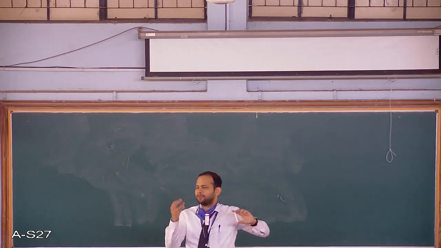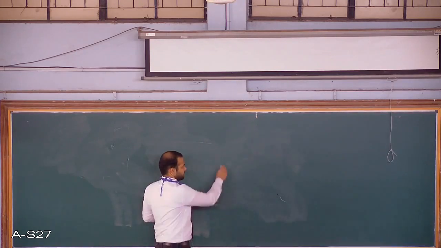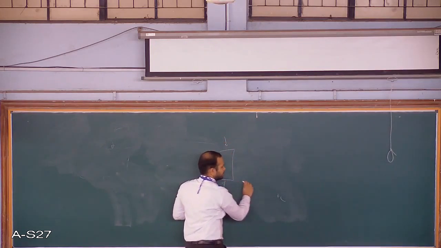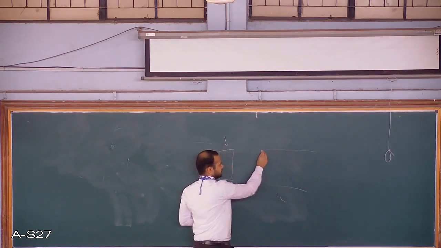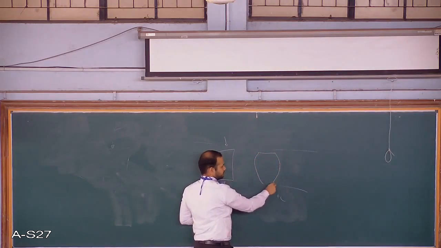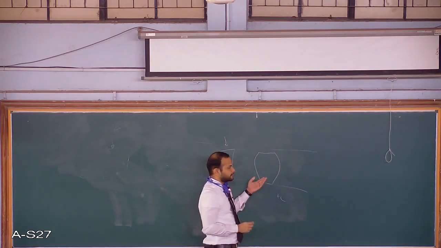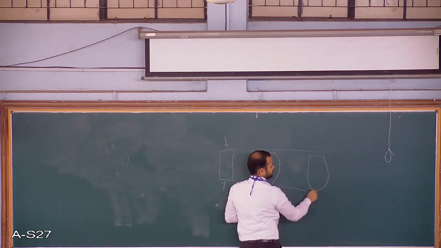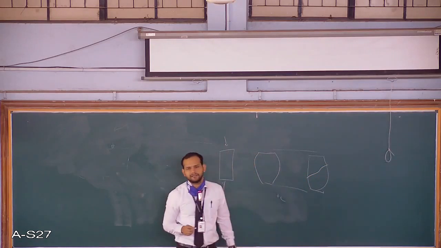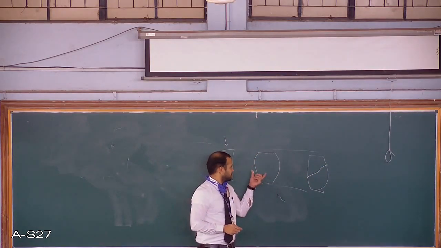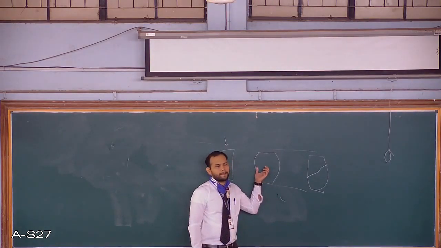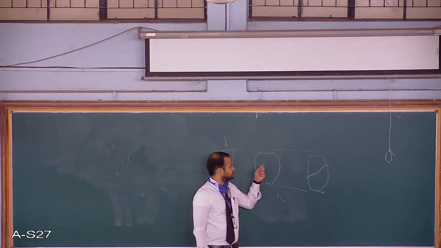Just imagine the china clay you played with in your childhood. So this was the material. If you put some load, what will happen? So this was the initial length. It will go down a little bit, and it will bulge, right? It will keep on bulging until it cracks. So as you see now, this was the initial cross sectional area. Here the cross sectional area has changed. Understood? So this is what we have to target.